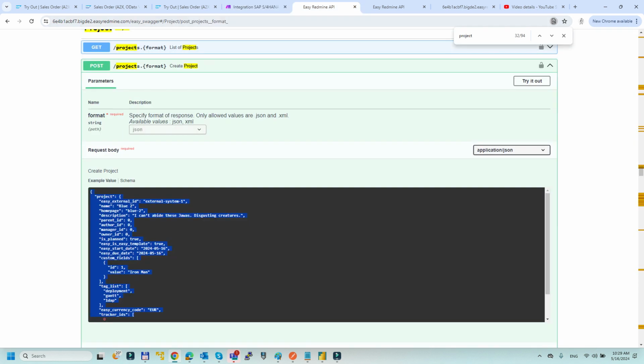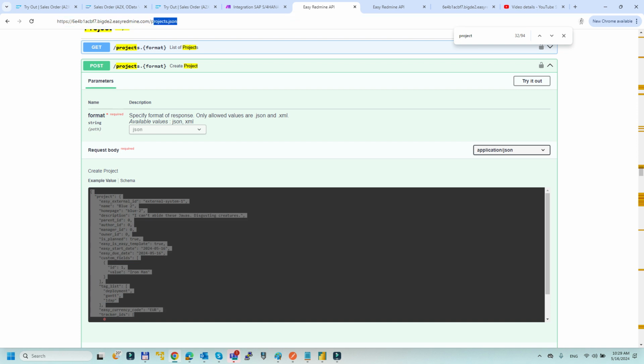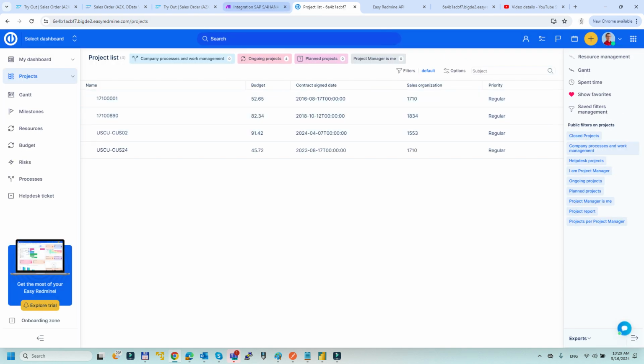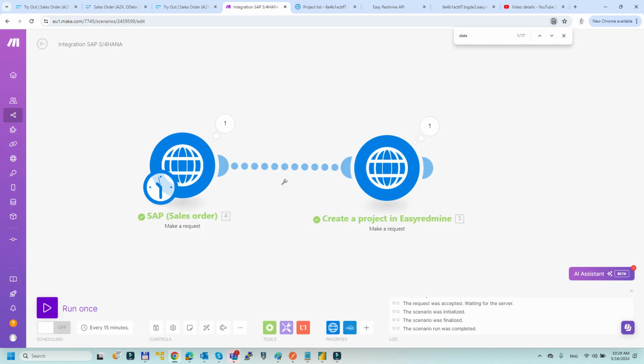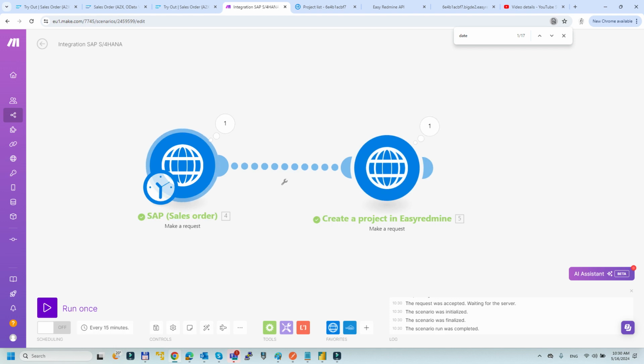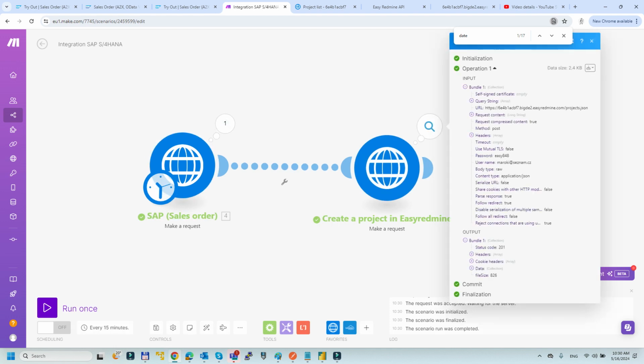Now I'm getting back into the Easyredmine, and I would just visualize the list of projects, and I will launch it right now manually. Of course, it could be automated. Here you can see every 15 minutes or whatever schedule, it could be launched automatically. So I will click on it, and then it will call the data from the SAP, and then it will post it, it will send it towards the